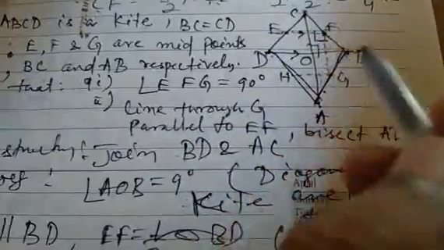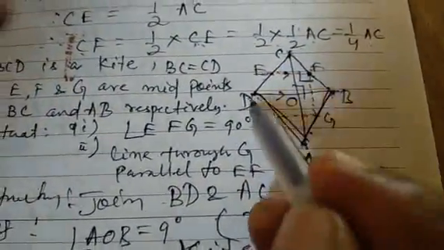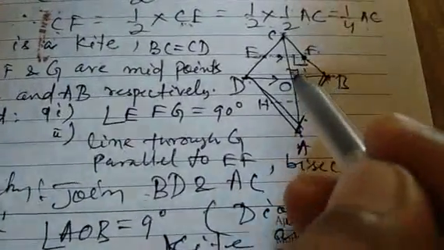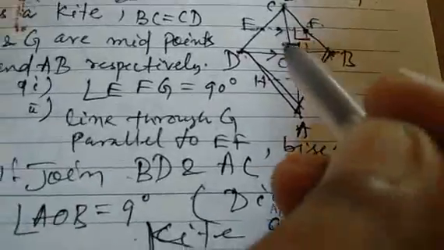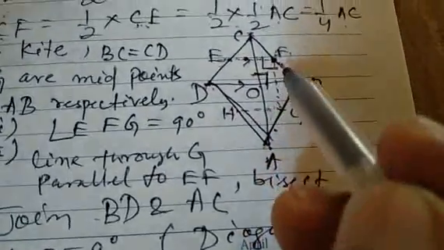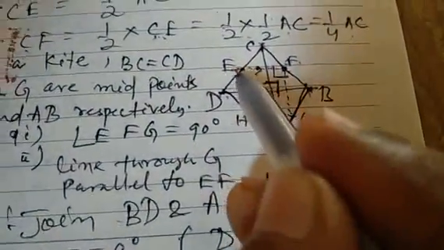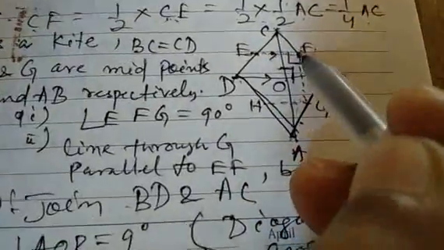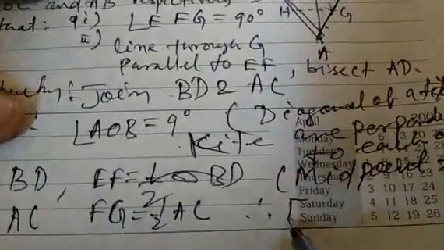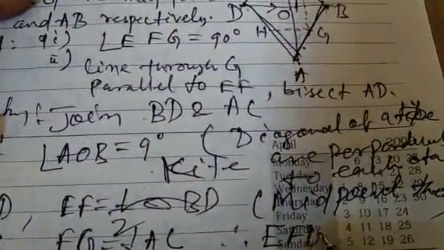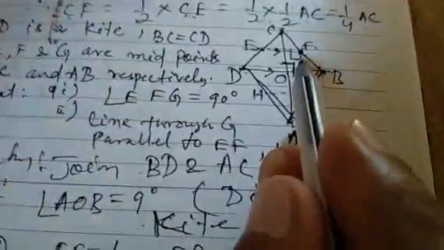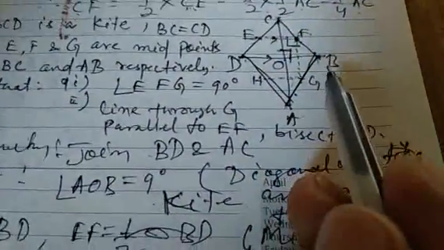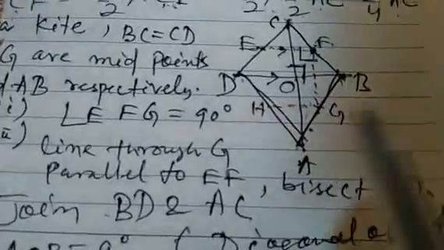So you got now, this is parallel to this and this is parallel to this. Therefore, since this angle is 90 degree, this part becomes a parallelogram having one angle 90 degree, makes all angles 90 degree. Therefore, it becomes now EF is perpendicular to FG. Or in other words, angle EFG is equal to 90 degree. So if this is 90 degree, this proves. Because both the diagonals are perpendicular to each other, hence angle 90 degree.